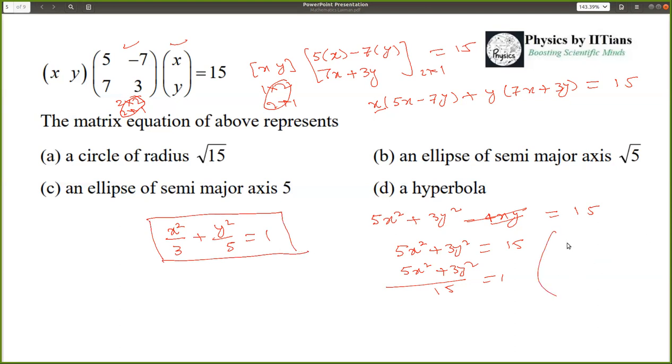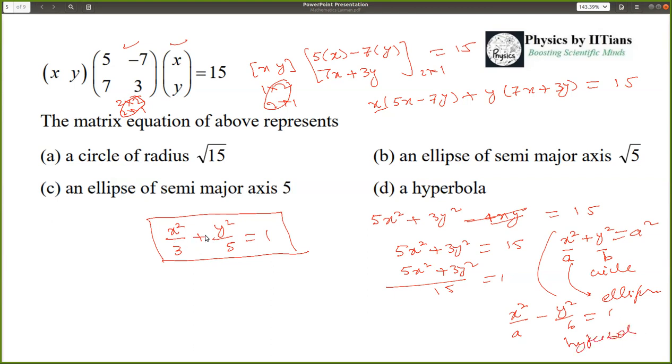There are basically three types of equations. The first equation can be x square plus y square equals a square, where the denominators of x square and y square are 1 or equal. So this is the equation of a circle. And if these are unequal, suppose this is a and this is some other number b, then we call this an ellipse. And if the plus sign is not plus but negative, suppose x square by a minus y square by b, we call it a hyperbola.